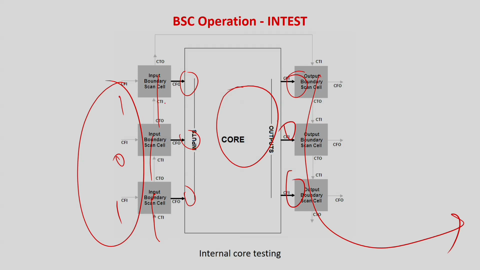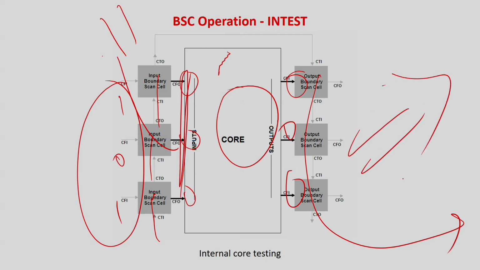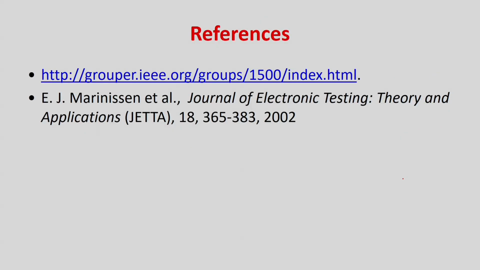Again, if you are here, it will be a serial access. If you have a parallel port, then you can directly apply these patterns over here, and you can get the output in parallel by the parallel TAM, and your job is done. Basically, this is very important, these are the references. The first one is where you can read this whole standard document, and this also appeared in the Journal of Electronic Testing about this P1500 standard.